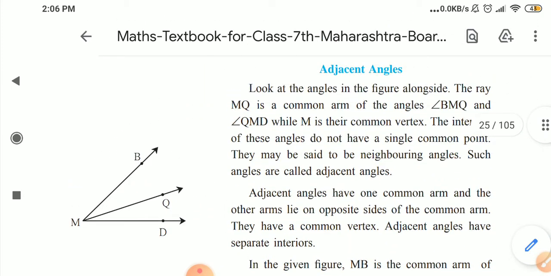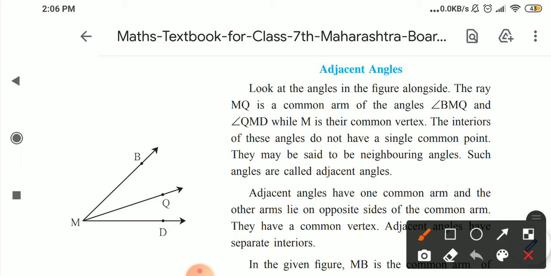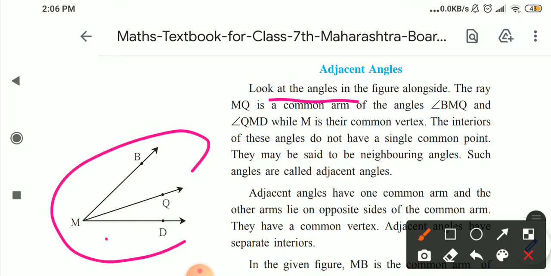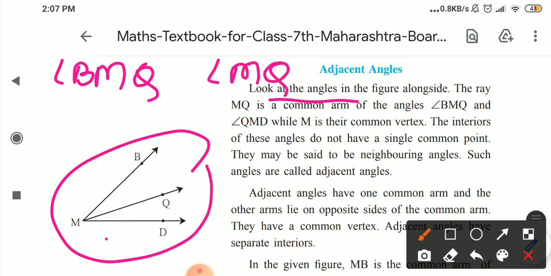See here, look at the angles in the figure alongside. Whatever description is given, we will just recall and read it. I think your concept of the adjacent angle is clear for you. If I write the names of the angles, it is also clear whether these angles are adjacent or not. How will I tell you? This only I will write here. Angle BMQ and another angle, which is angle QMD. Okay,